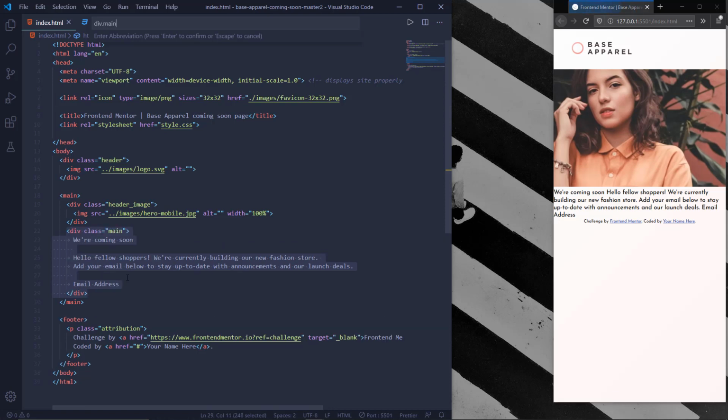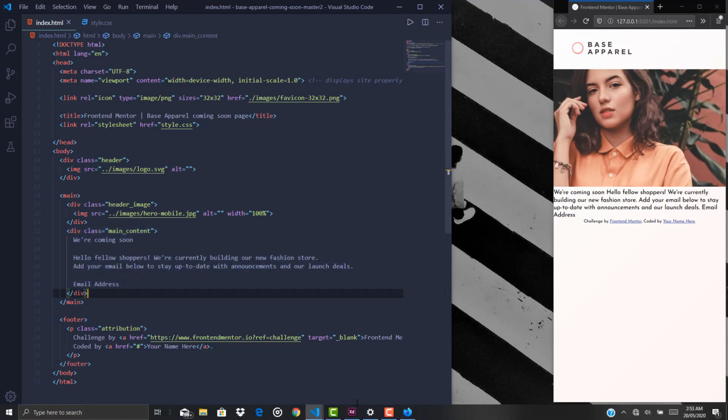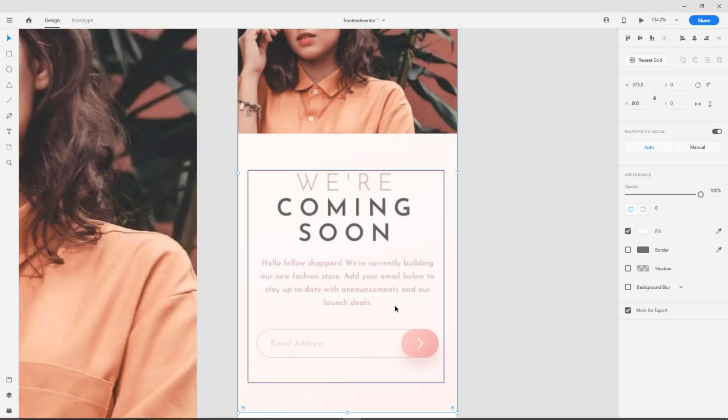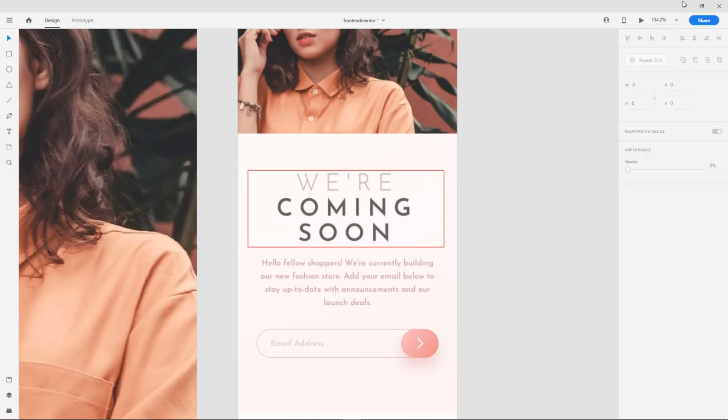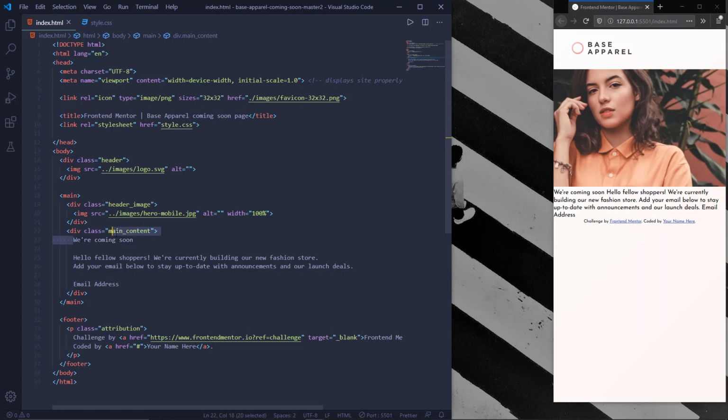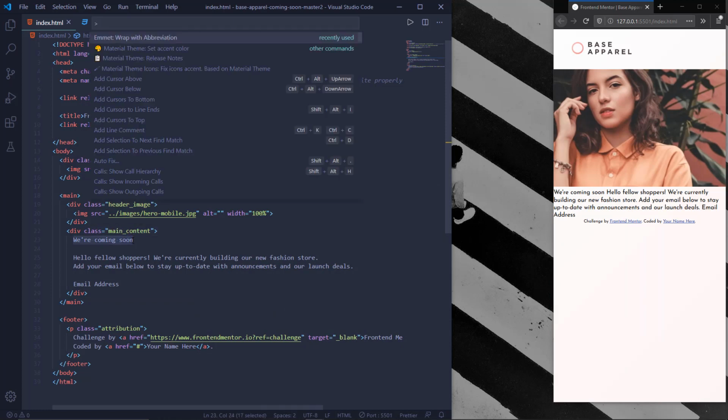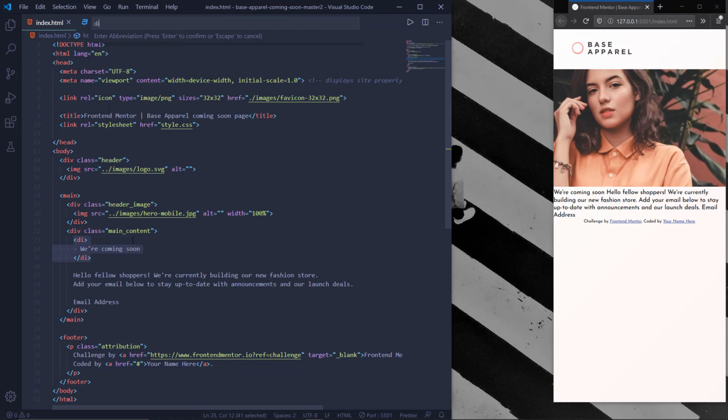Then say main content. So main content. Now looking at the design, I want this "we are coming soon" to actually be like this. So that is what we'll be focusing on now. So I'm going to wrap all of this with a div,